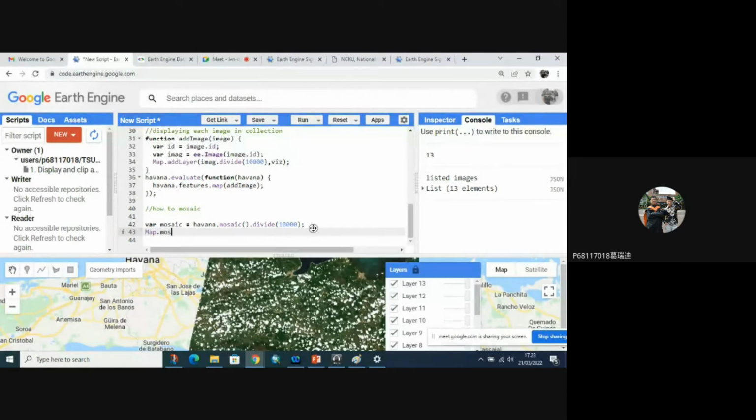Okay. Add layer mosaic. We give the visual parameter. Is it fish? Yes, it's fish. And give the name mosaic.